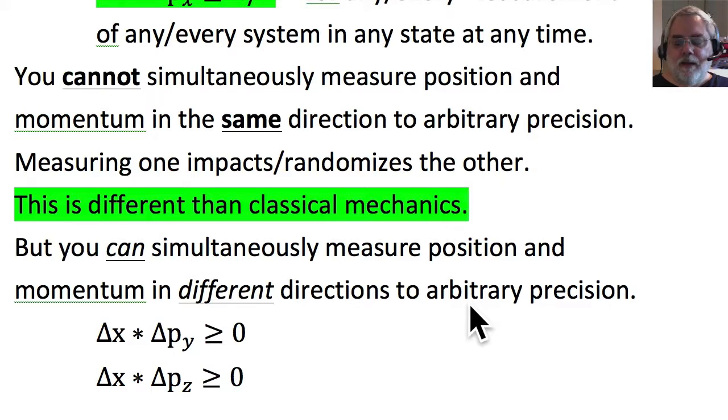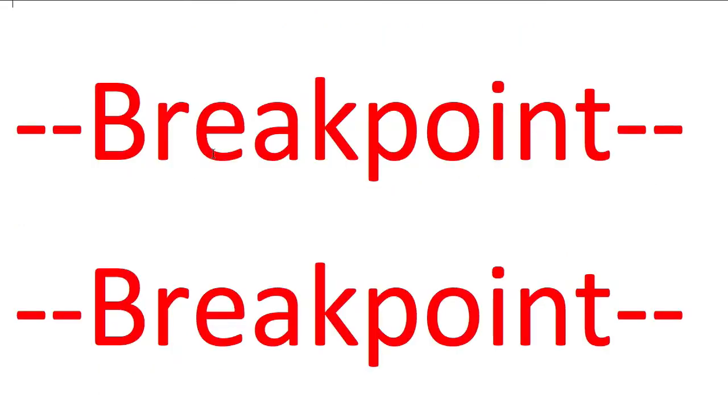Now, you could say, well, that's Heisenberg's uncertainty principle. I don't see that in the Schrodinger equation. And you're right, you don't see it, but it's actually in there in subtle ways that it takes some effort to see. So solutions to Schrodinger's equation, states to Schrodinger's equation, do obey Heisenberg's uncertainty principle, but it's not obvious and it takes some work to show it. This is a possible time to take a break.